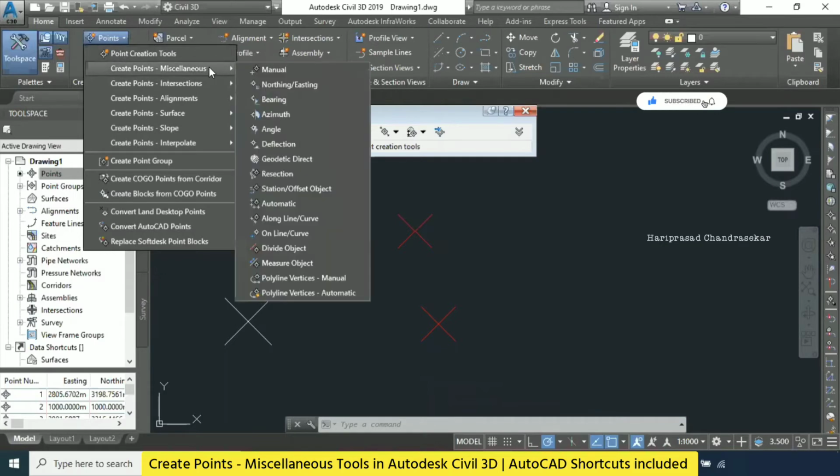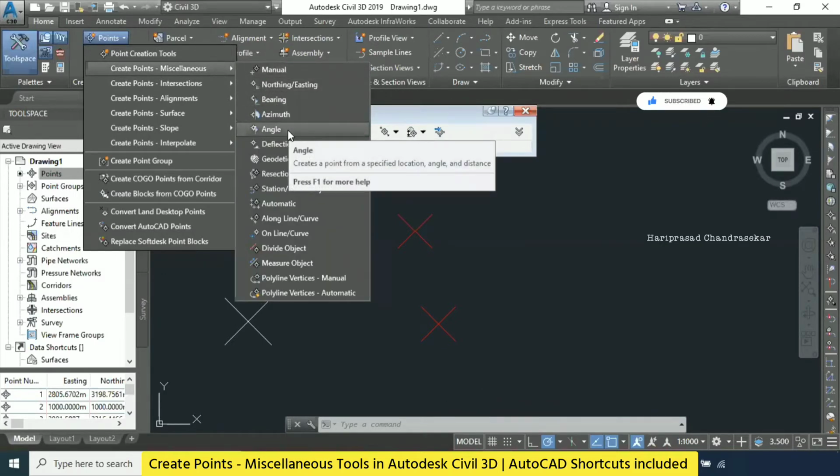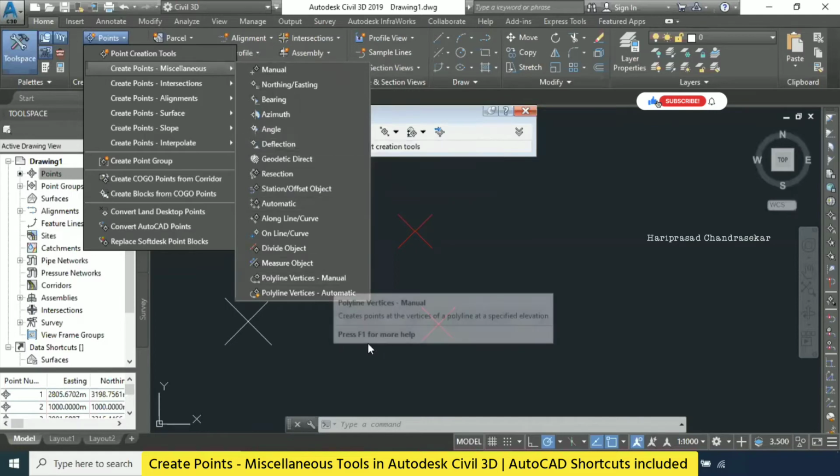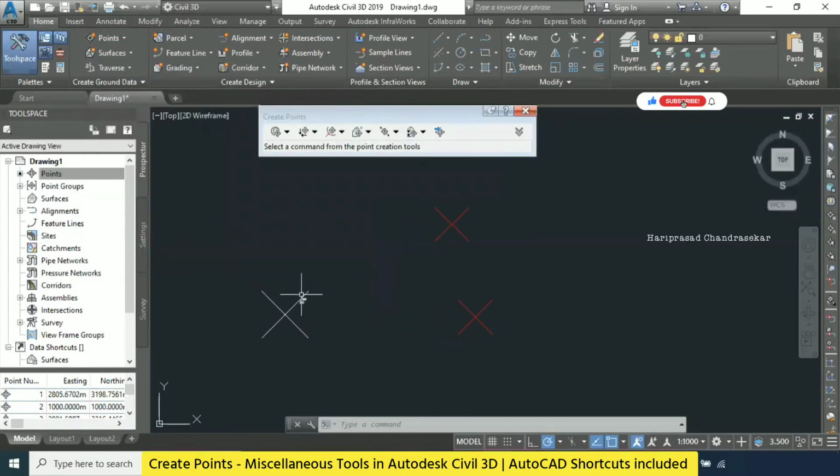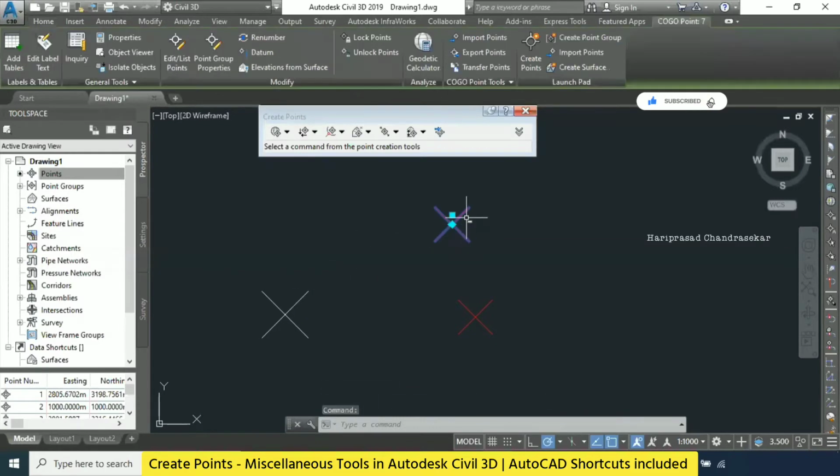If you are converting this AutoCAD point and using this angle, will it automatically convert to a Civil 3D point, or is it still in AutoCAD? No, I mean, before I was trying, it is not coming because you need to select the point. Yeah, point and node. While creating an AutoCAD point, the point you created through that angle, is it automatically converting to Civil 3D, or is it still an AutoCAD point? No, this is Civil 3D only.